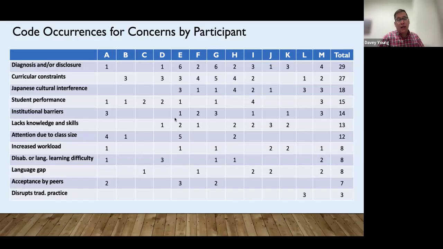And I labeled the participants A through M to preserve anonymity, so you can see them across the top, and you can see which participants raised which concerns. And then at the end, there's a tally of the total times these concerns were raised. And so, for example, we can see here at the end of the almost last column, at the top row, diagnosis and/or disclosure. Participant M raised this specific concern at 4 different times during the interview. And so the total tally, we have